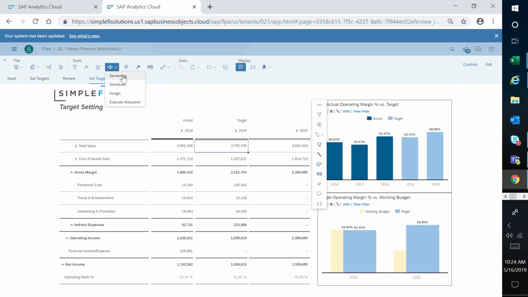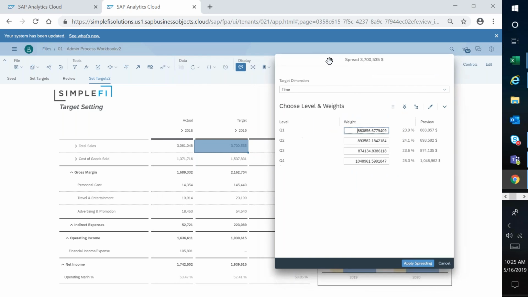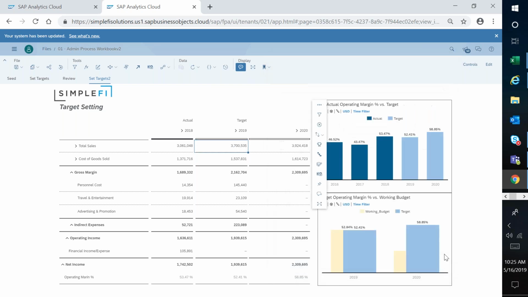So having the capability to do that, as I mentioned before, you could come in here and leverage spreading functionality where I may say, this is currently how my dollars are spread, my 3.7 million. I can make weighted adjustments, I can make dollar adjustments in order to reassign those, and then I can just go ahead and apply the spreading.